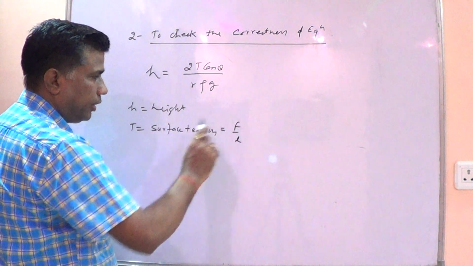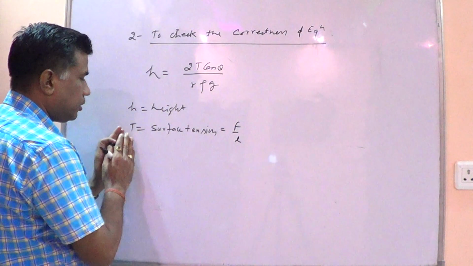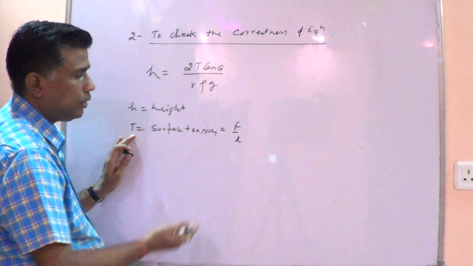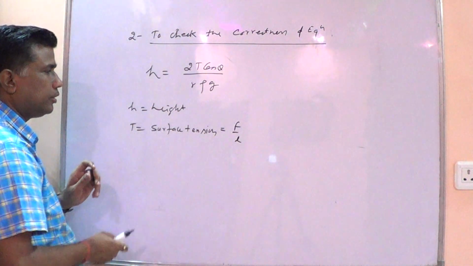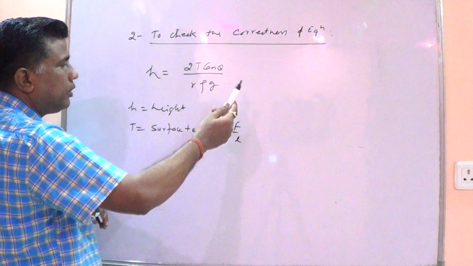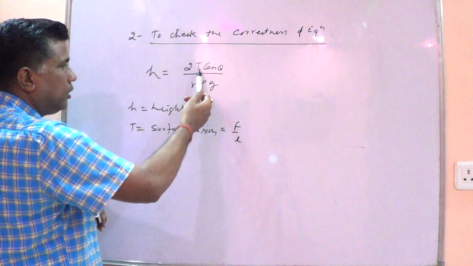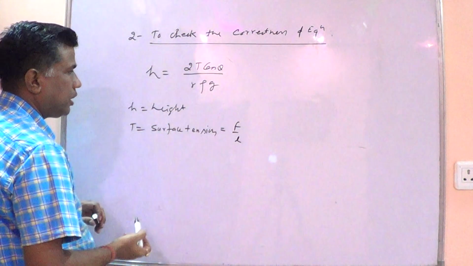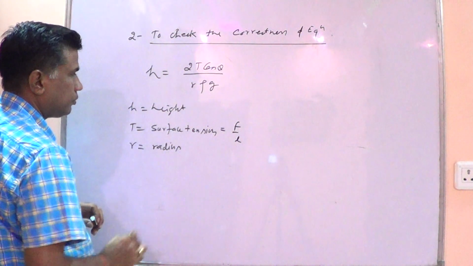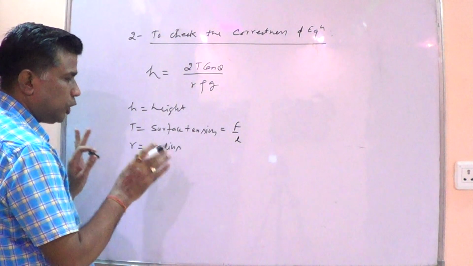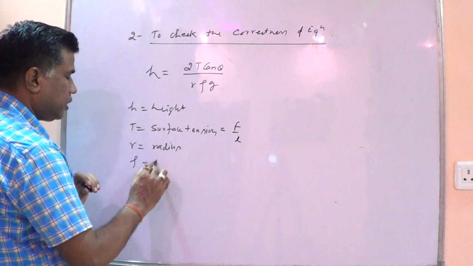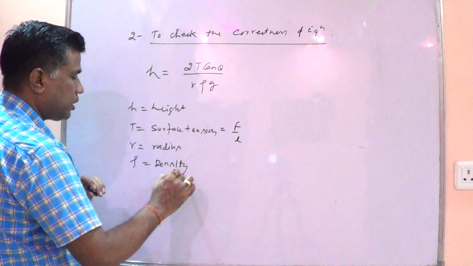I'm not going into detail, but if I say T equal to F/L, then from this formula one can find the unit and dimension of this surface tension T. Here we know that all the trigonometrical functions are unitless and dimensionless, so nothing to say about this cos theta. This r is the radius of the capillary tube. I have written in short, it is radius. This rho is density. All of you know very much about this density.